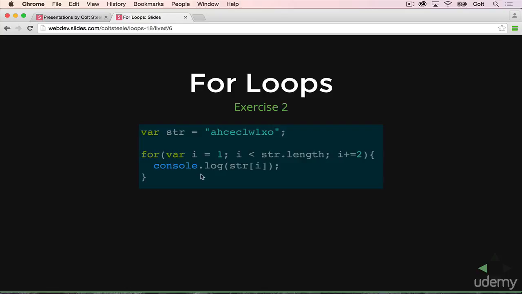So the first time through, we take i and we print the character at i from the string. So i is 1, so we're going to print H, which is the second character, but it has index of 1. So then we're going to add 2 to i, which gives us 3, which is still less than the length of the string. So we're going to print out string of 3, which is E,